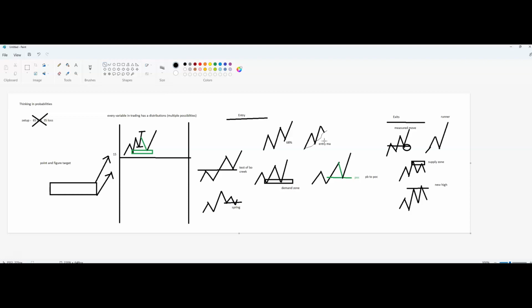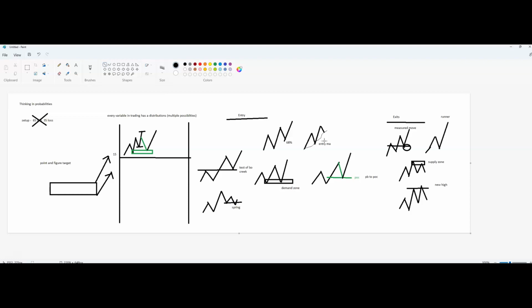So every trade you prepare for the unexpected. One unexpected possibility is it doesn't work out, you get stopped out. The other one is that it works out, but only a little bit. Meaning, instead of a $1,000 target, you might only go to $333. It may go to $500. And finally, it may work as you think it was supposed to work, and it may even do better. So all of that needs to be considered in your execution procedure.